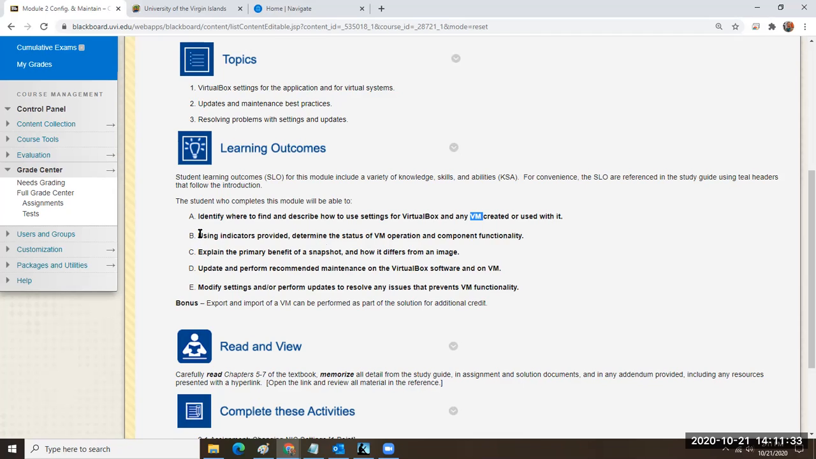As a part of that process, we're going to work with and encounter indicators. And using the virtual machine or virtual system indicators, determine the status of the virtual machine operation and the component functionality. You'll see what I mean about that in a minute. And then in our class on Monday, we'll be going into things like snapshots and updates and maintenance and that